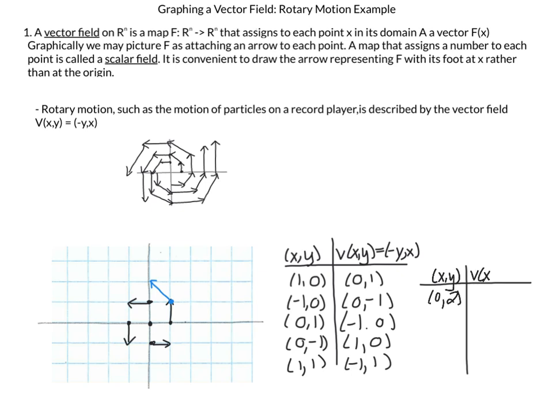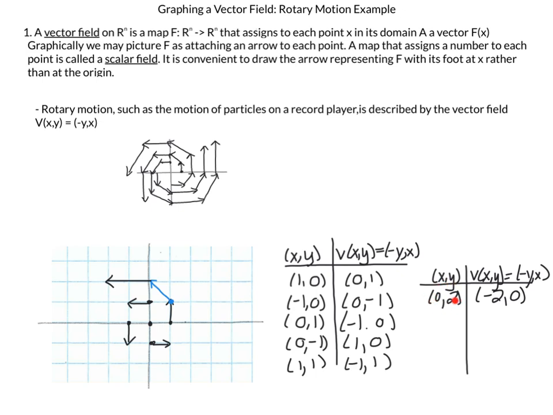Then my v of xy, which is equal to negative y, x, is going to be equal to negative y, which is negative 2, 0. So that means negative 2 in the x direction, 0 in the y direction. That's this vector here, which I need to move up to my point